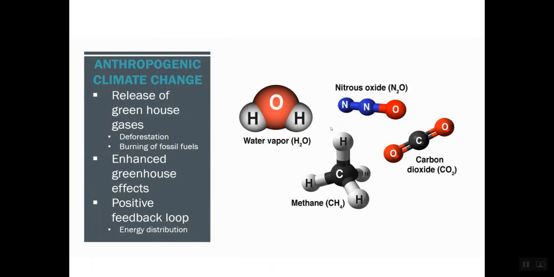Unfortunately, due to things that we are doing like deforestation and the burning of fossil fuels, we are adding to the gases in the atmosphere, gases like methane and nitrous oxide, and especially carbon dioxide. All of those extra gases are trapping in more energy and enhancing the greenhouse effect, which is causing the Earth to warm up, and that heat is being distributed around the globe through convection cells that drive our weather